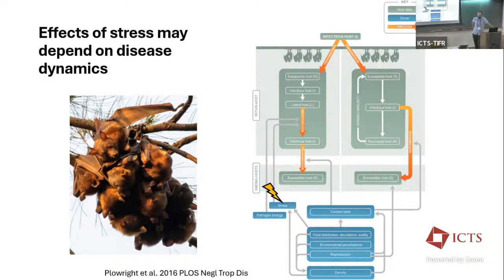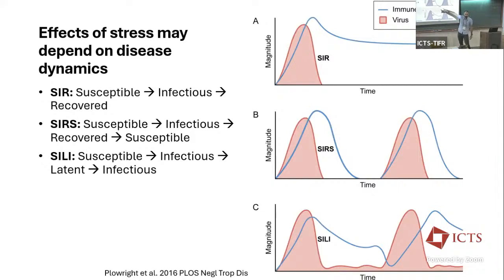But often when it's a very new pathogen, it's hard to tell. Because I think early on with COVID, we assumed it was SIR, right? That once you had it, you'd be fine. We didn't know that you could become susceptible again, that the immunity would wane so fast that it would actually become more something like an SIRS, right? Where you can be repeatedly infected. So you can make some initial assumptions, but biology will prove you wrong sometimes.